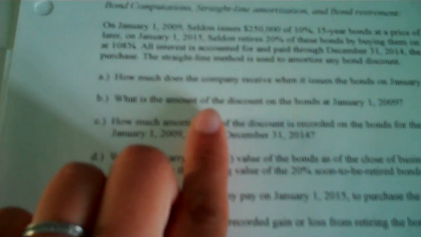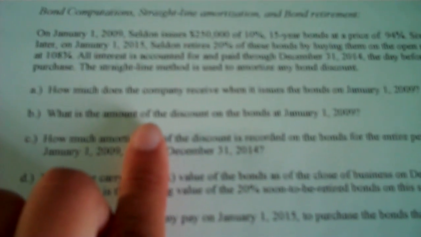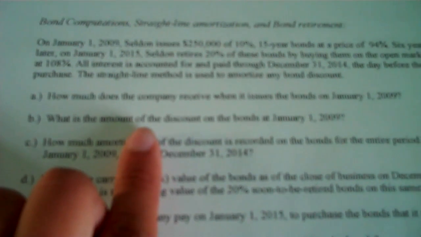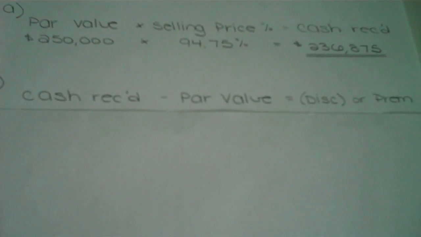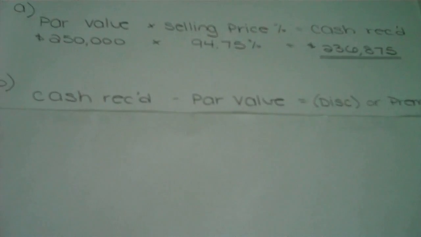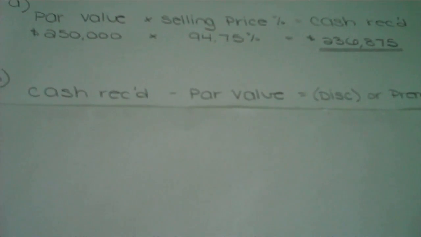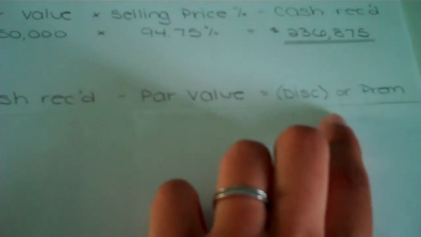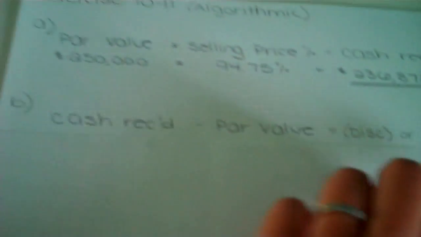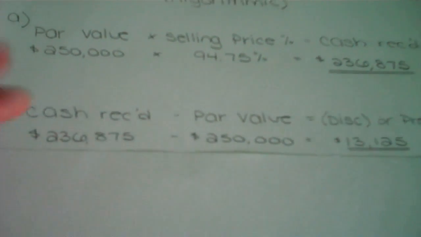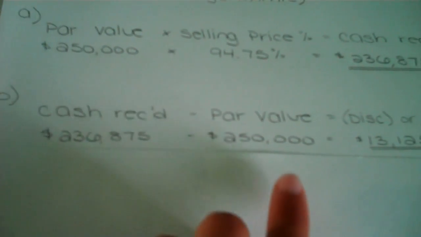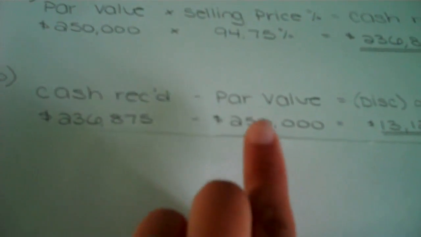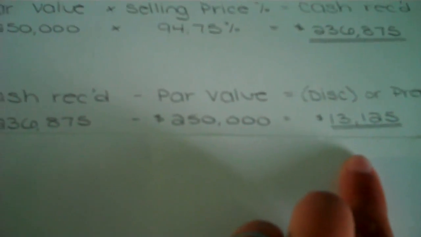Part B asks, what is the amount of the discount on the bonds at January 1st of 2009? To solve Part B, you'll use the following formula. The cash received, which you solved in Part A, minus the par value of the bond, which is given, will equal any discount or premium on the bond. So again, the cash received comes directly from Part A. $236,875 is the cash received. Par value was given in the problem. Subtract that, you will receive the figure